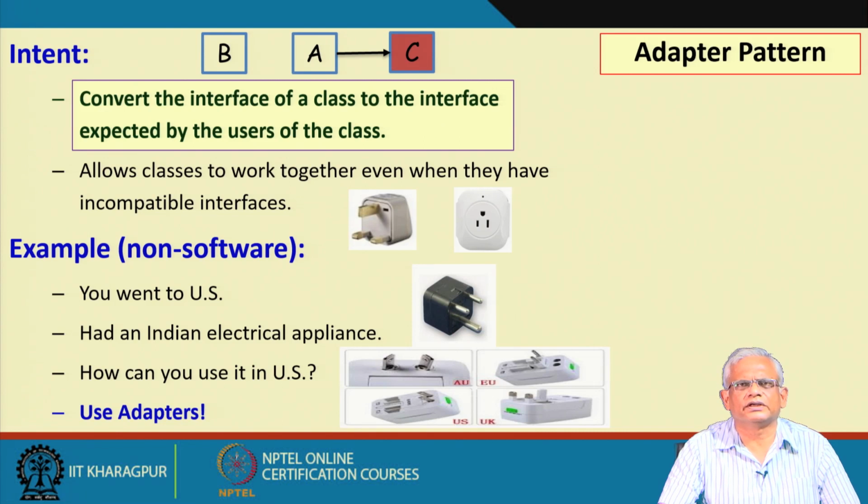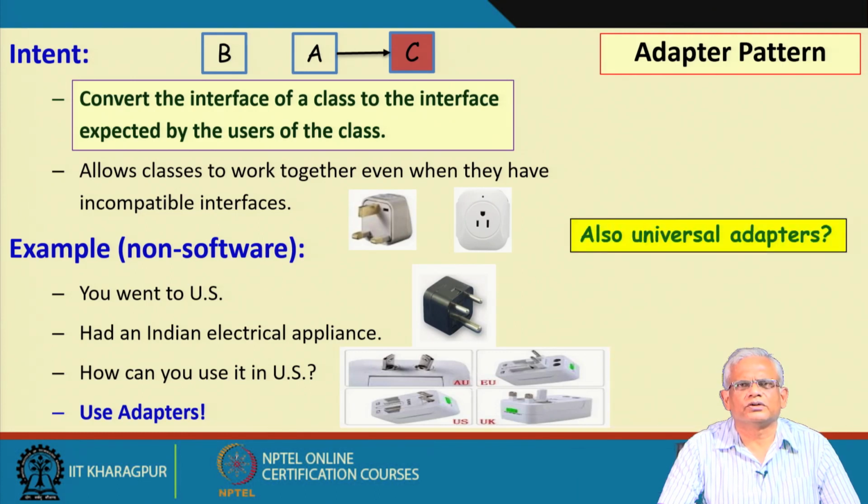They all have different sockets, and we have this mobile charger. Now, how do we get our mobile charged? We need different types of adapters, one for Australia, another for European Union, one for the United States, another for UK, but those are too many. If you visited a dozen countries, you would have to carry a dozen adapters. It is too cumbersome,